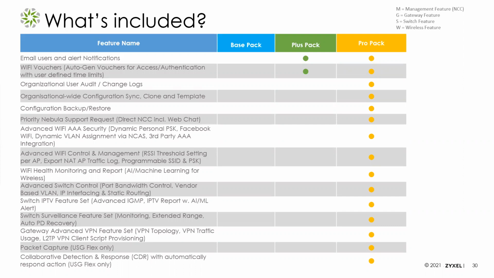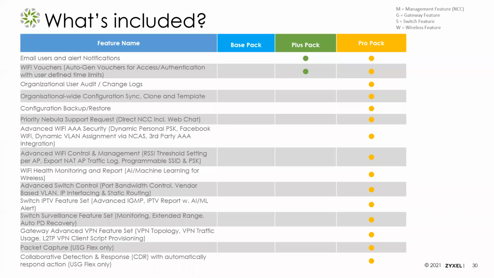Some other features here, we give you more access to advanced Wi-Fi features, the ability to set up different thresholds for signal strength on a per-AP basis. So you can have different APs with different settings. The programmable SSIDs. Let's say you're doing a hotel, or a condo, and each room is getting its own SSID. You can set that up programmatically so it can automatically generate a unique SSID for each